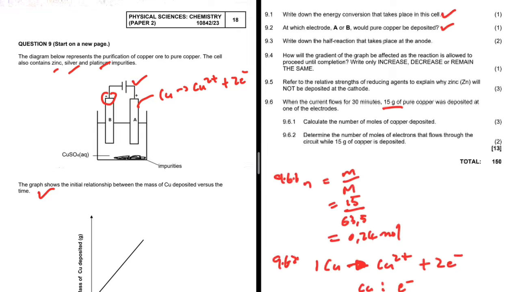Cu to the 2 plus is less reactive compared to H plus. The question now is, how do I know which species is less reactive compared to the other species? Well, in the description of the video, I'm going to put the species from the least reactive to the most reactive. So make sure that you check that out in the description. This is quite a unique and special question, more especially when you take a look at